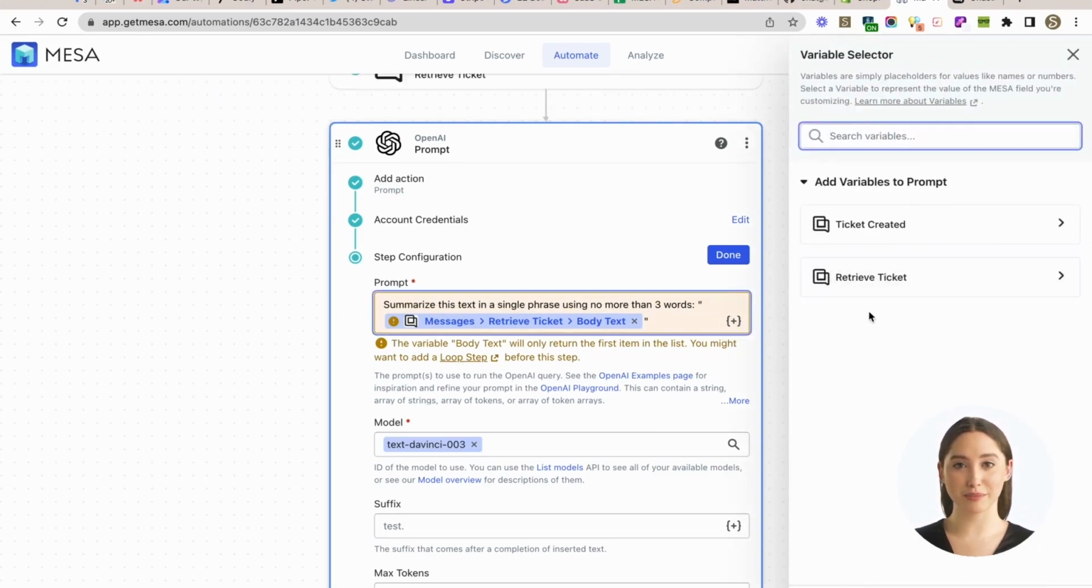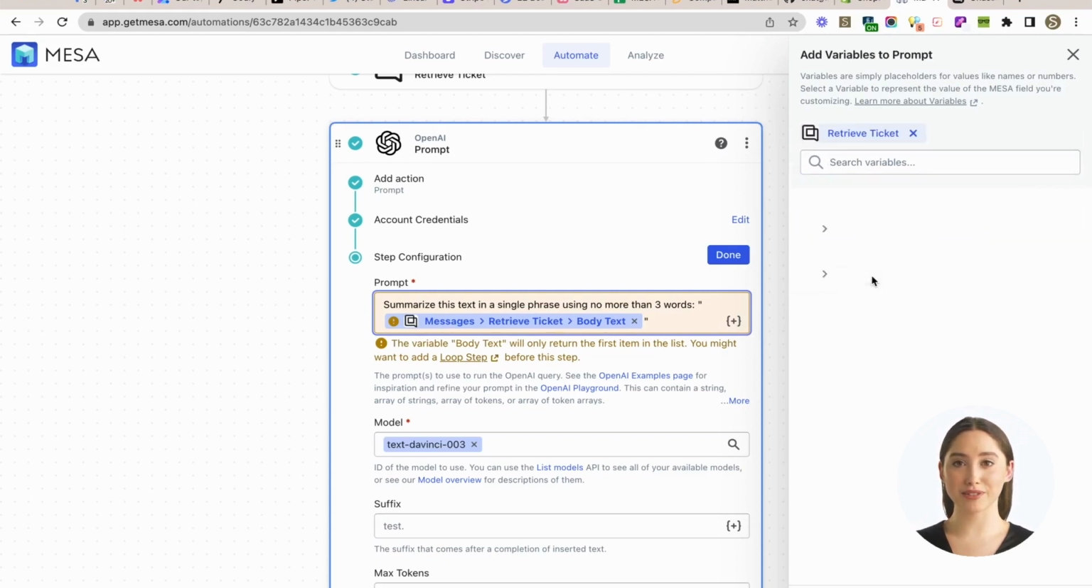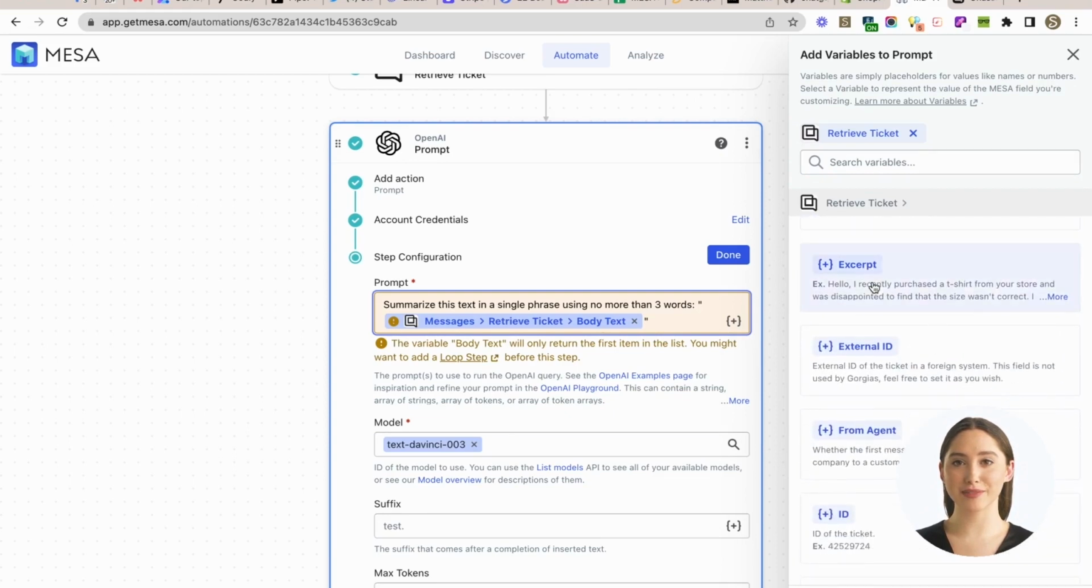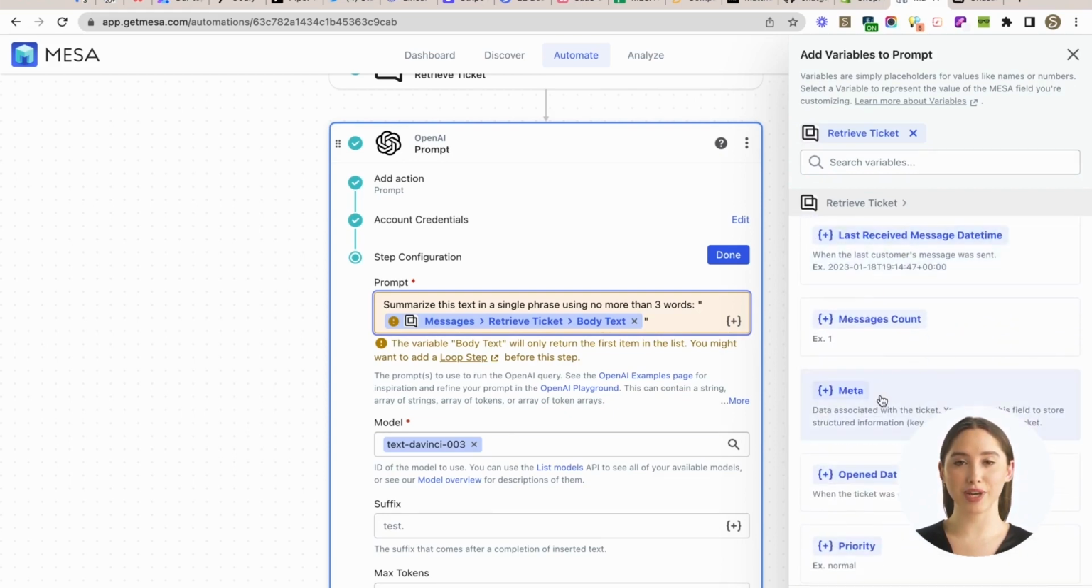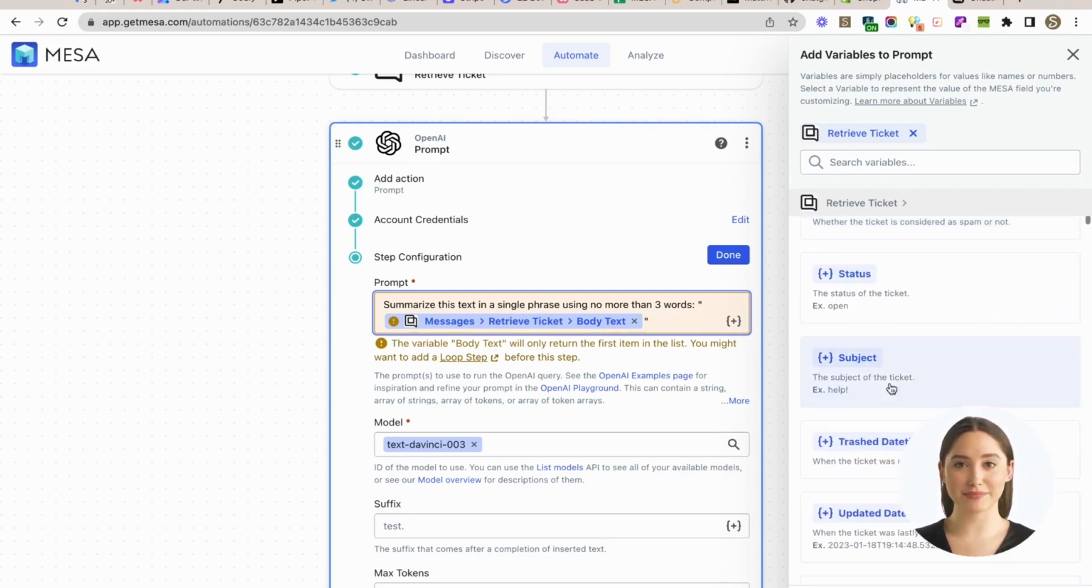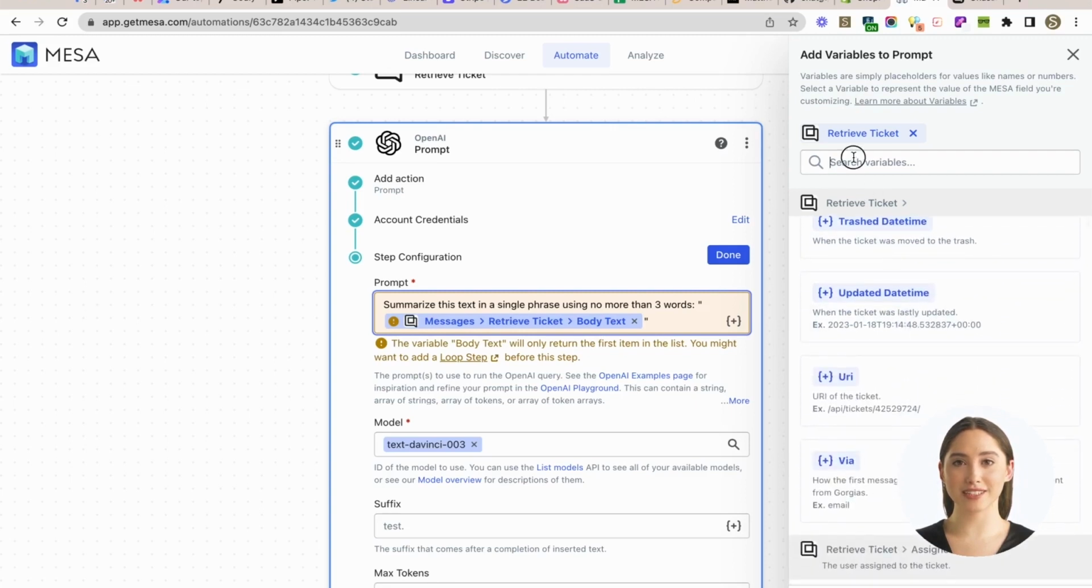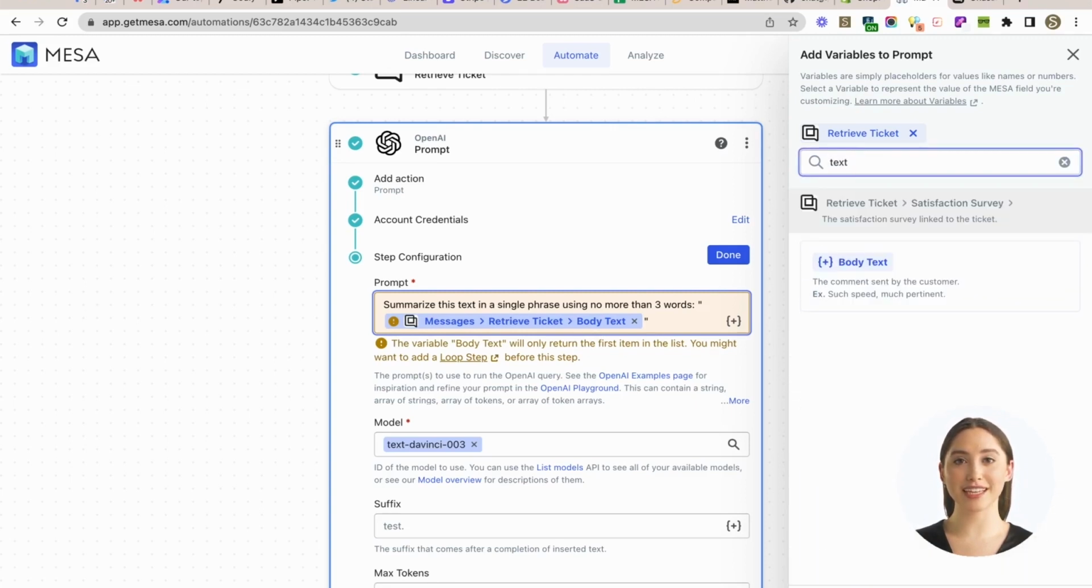Then click the variable selector button, scroll to the Retrieve Ticket step, then find or use the search box to locate the body text variable. Add this to your prompt instructions for the AI. The AI engine will then use the message text from the new Gorgias ticket when deciding how to summarize it